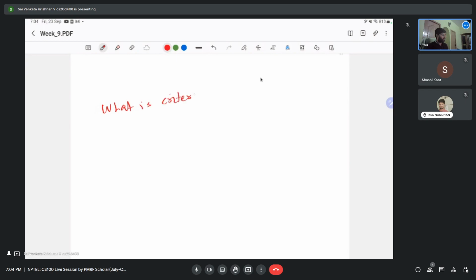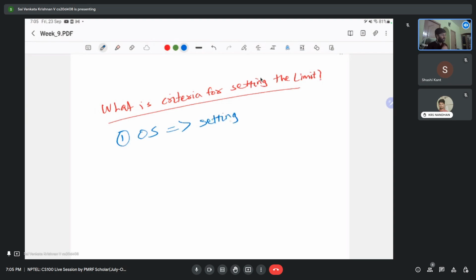I'm just answering it based on my understanding. So mostly the operating system would be setting the limit, right? Because while loading the process, it will be setting the limit. And what limit it would be setting is, say, if you have gone through your